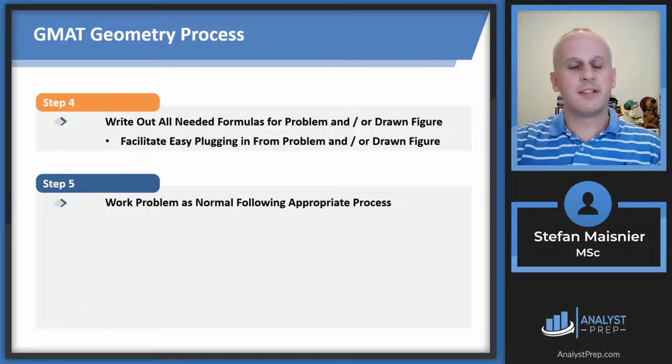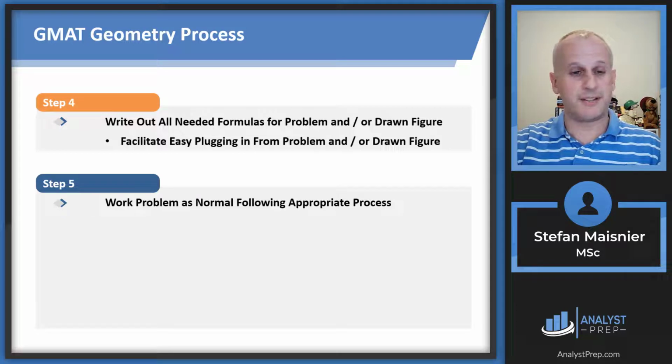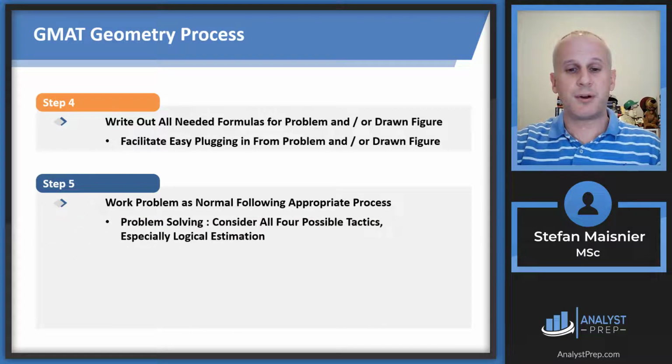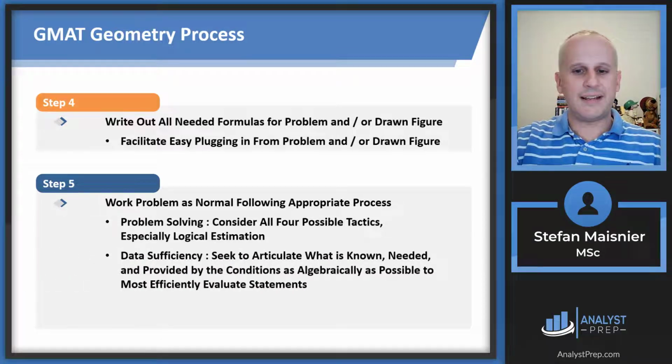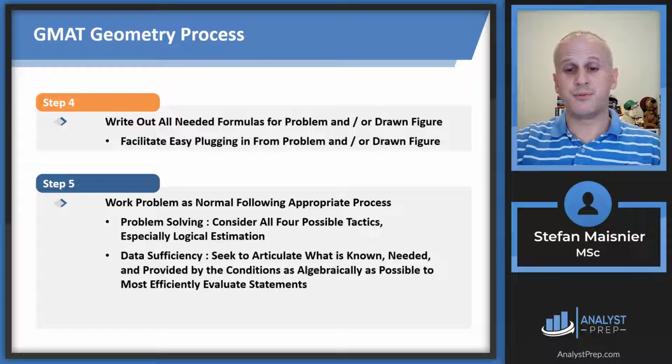And then step 5, you want to work the problem as normal following your appropriate process, whether it's problem solving or data sufficiency. So for problem solving, you want to consider all 4 possible tactics, especially logical estimation. There are probably more opportunities for logical estimation in geometry questions, problem solving questions, that is, than anywhere else in the problem solving section of the GMAT. So really lean into logical estimation if you aren't able to technically solve any GMAT geometry problems. For data sufficiencies, you want to rely on the algebra. So seek to articulate what is known, needed, and provided by the conditions as algebraically as possible to most efficiently